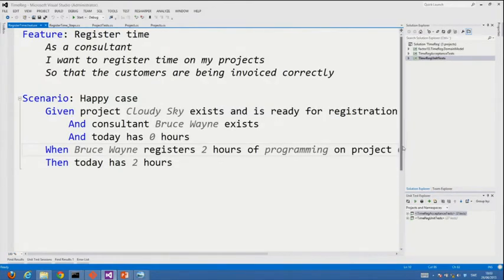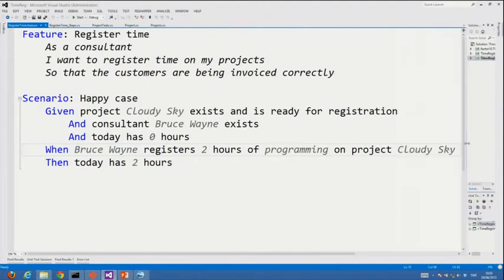Change that a little bit. So, as you see, first of all, I have my story formulated like this: As a consultant, I want to register time on my products so that customers are being invoiced correctly. And again, I'm using the given-when-then. And this was actually my